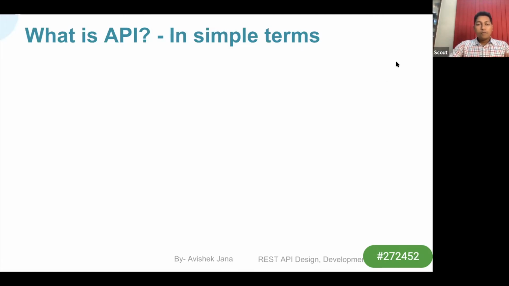So what is API in simple terms? Anyone knows? If you do not know,